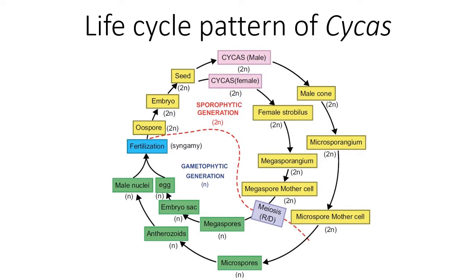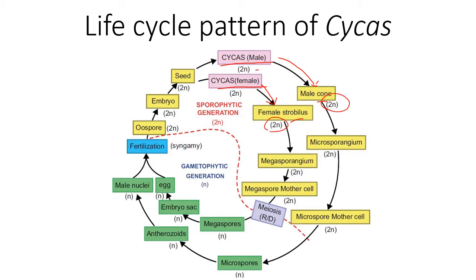Here we can see a typical life cycle pattern of Cycas, where here is the male plant and here is the female plant. The male plant will have a male cone, and the female plant will have a female cone. So the male cone and female cone are represented here. And as you know, this is a sporophyte, so this is a diploid structure, this is also a diploid structure,